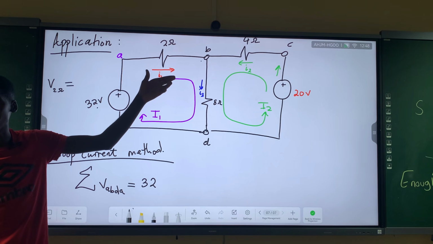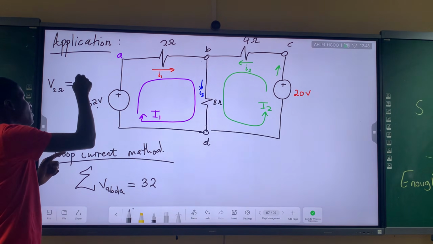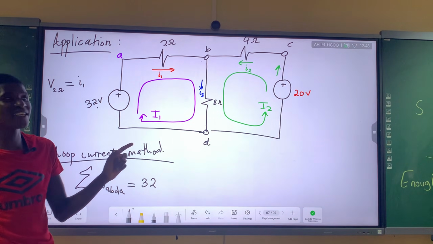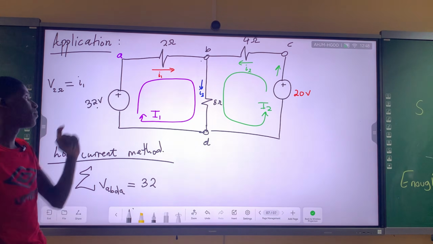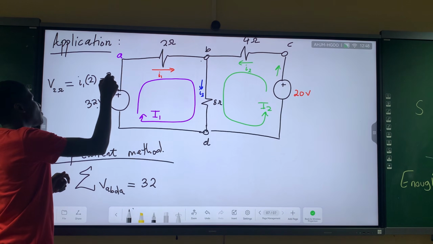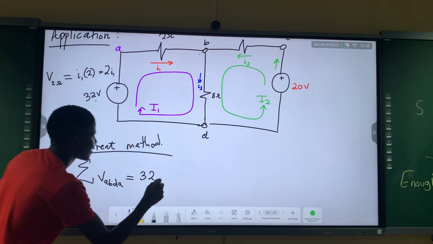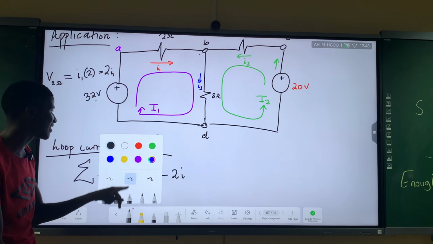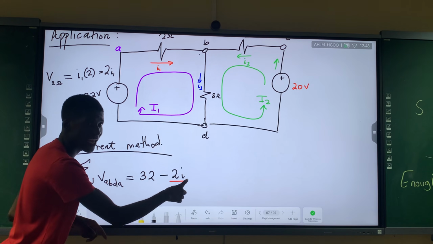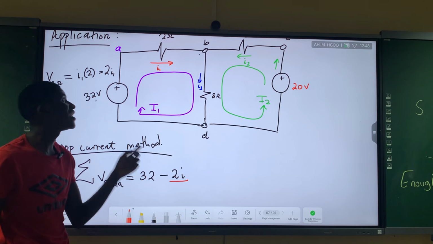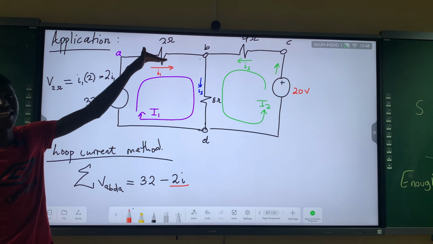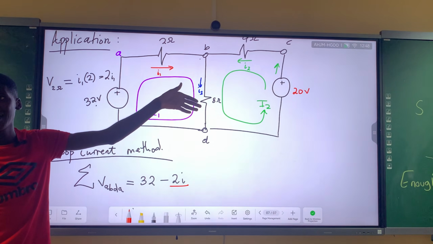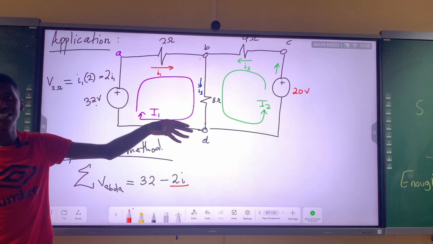No, we don't have it, we get it using Ohm's law. You multiply the current through the 2 ohms resistor, which is current I1, times the resistance of 2 ohms. So this is I times 2, which is actually 2 times I1. So I'm going to say this is minus 2 times I1. Remember this minus is to say that this voltage is negative, because it's a voltage drop as the current enters a resistor. All resistors give you voltage drops. A resistor can never give you a voltage gain.